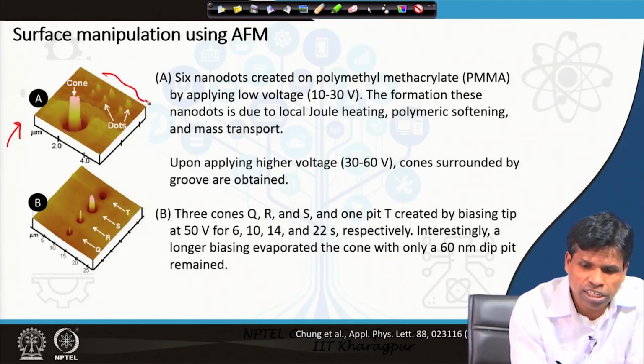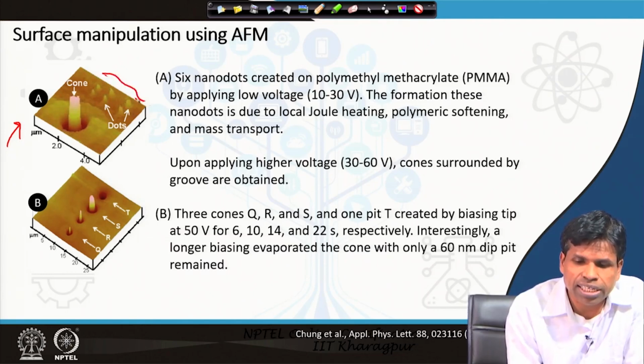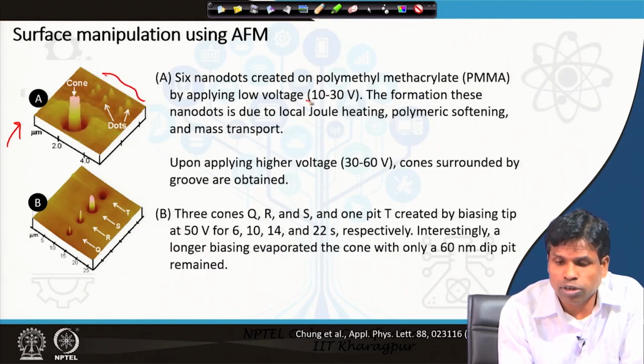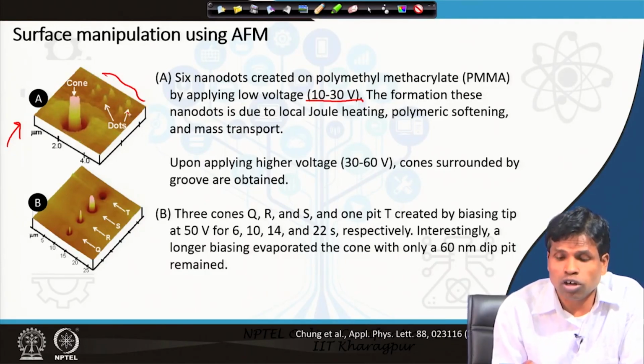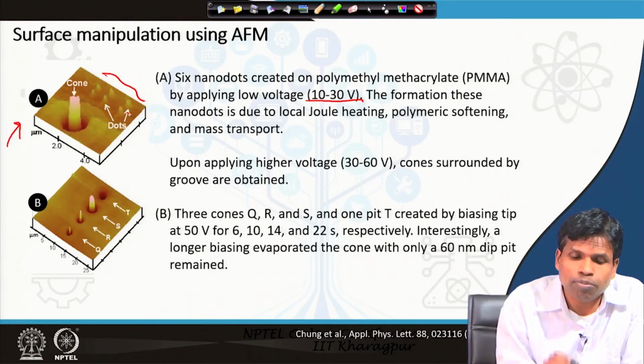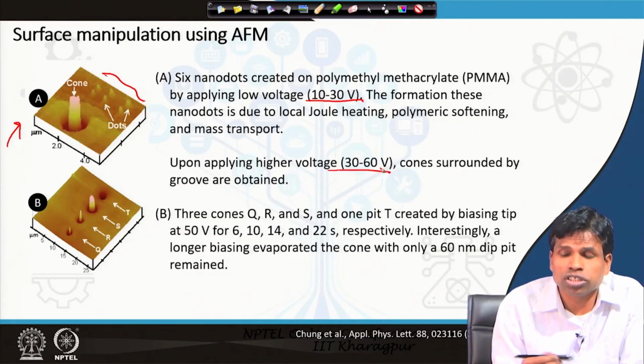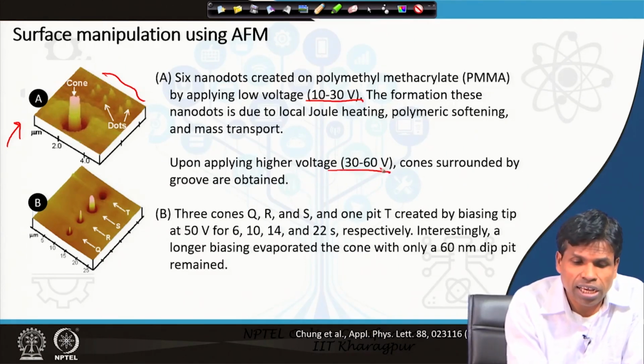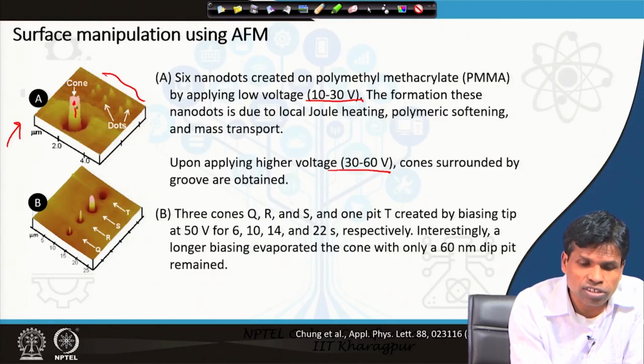These are the 6 dots, and these 6 dots are created by applying low voltage, around 10 to 30 volts. By applying 10 to 30 volts, these dots are created, and this happens due to local Joule heating, and then the polymer substance undergoes mass transfer in the upward direction due to electrostatic attraction. If we apply a higher voltage, like 30 to 60 volts, then you see larger cones,